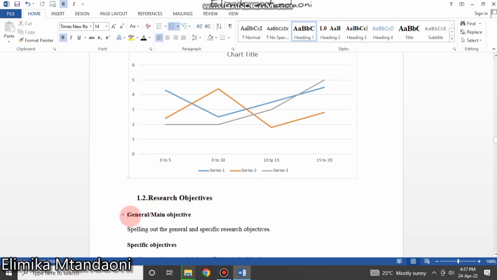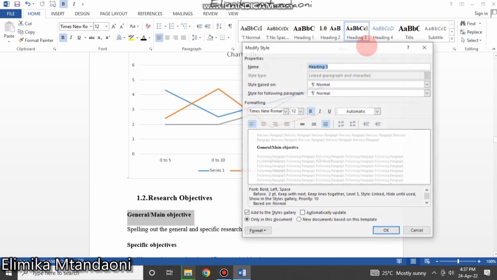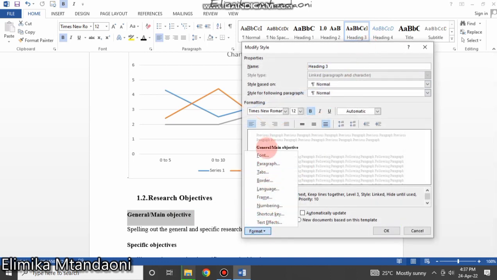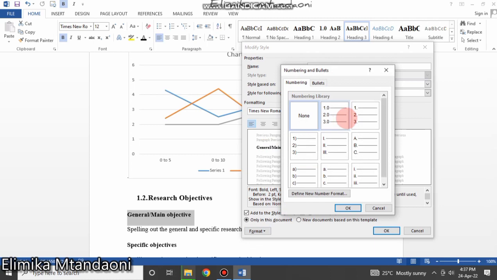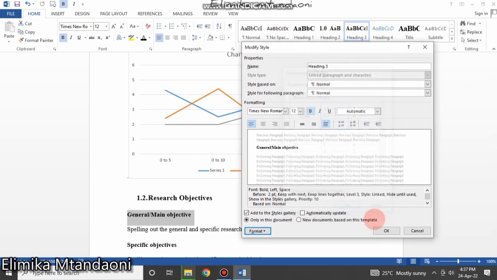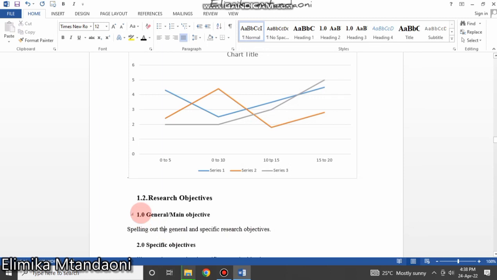If we want to name again this objective, because this general objective is under the research objective, that is 1.2, we want this to be 1.2.1. So we go again, we modify, we go to numbering, then we select the same numbering style, say okay, it will give us this. But how about if we say continue numbering? What happens? It gives us 2, 3, 4, but what we want is to change this numbering style into the